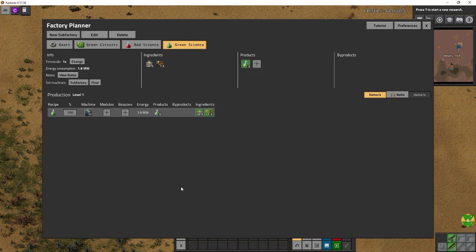All right, so green science. Green science, we need 12 machines, which is what we calculated previously. It needs 1.5 transport belts. Well, what if we wanted to make those in a sub-factory? So we click on the belt, and it takes us down to level 2. We need 1 machine here, and we need 1 machine here, making the products we need to produce